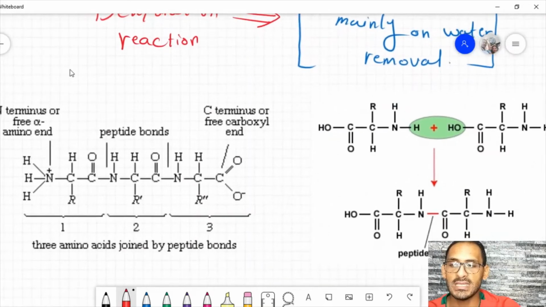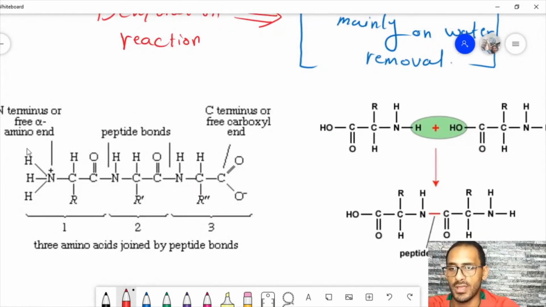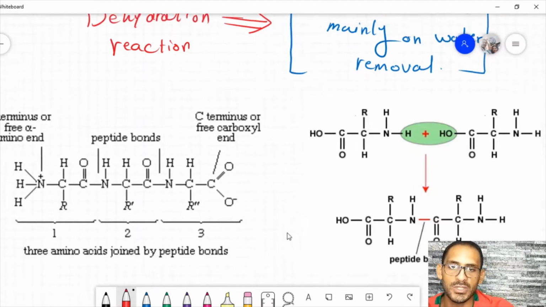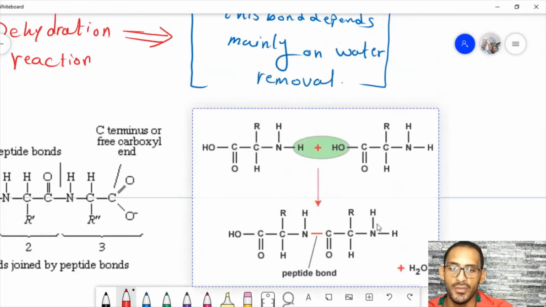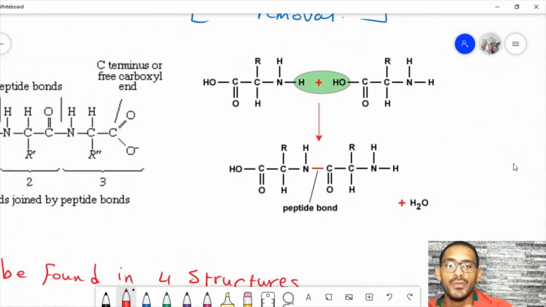Now, this is how the polypeptide bonds are formed over here. Now we have three amino acids joined together by a peptide bond, and to be specific about what is happening over here, we have a hydrogen from the amine group and a hydroxide group from the next amino acid, the carboxylic group. These are joined together and they form the peptide bond that you are seeing over here. And the removal, of course, of the poor water molecule that is left outside by itself over there.